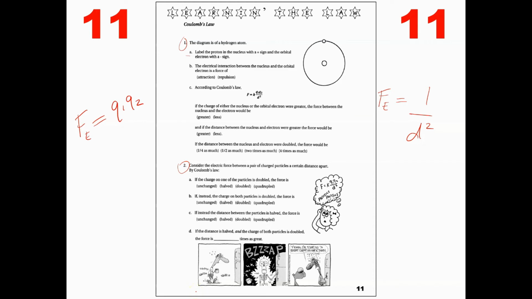Okay, so number 1, the diagram over here is a hydrogen atom. Label the proton in the nucleus with the plus sign. Done. And the orbital electron with the minus sign. Done. 1b. The electrical interaction between the nucleus and the orbital electron is a force of, okay, are these repelling or attracting one another? I'm going with attraction. According to Coulomb's law, yep, check, check. If either of the charge of the nucleus and the electron were greater, the force between nucleus and electron would be,